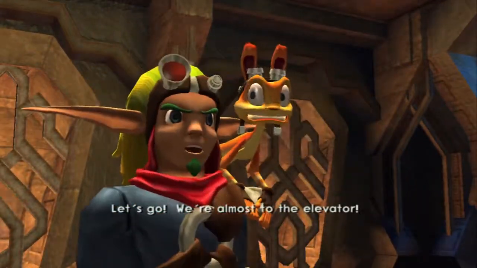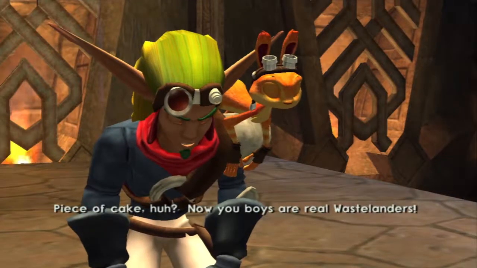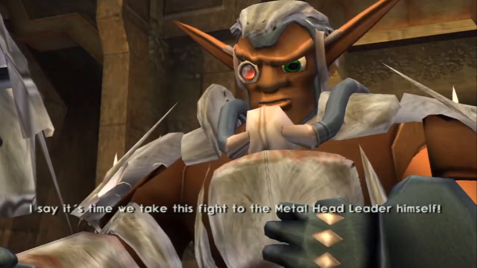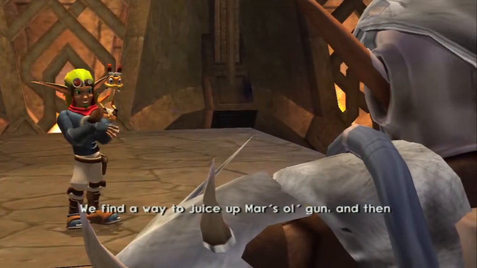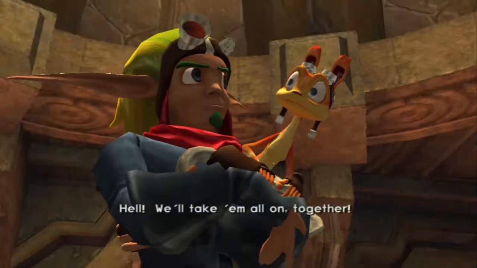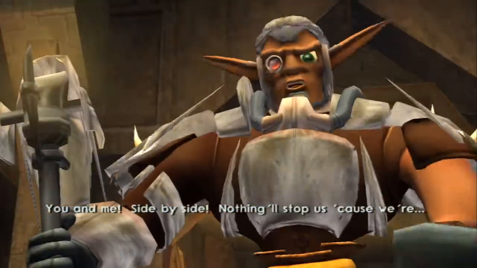We're almost to the elevator. Looks like we finally lost them, Chili Peppers. Piece of cake, huh? Now you boys are real wastelanders. I say it's time we take this fight to the metalhead leader himself. What a trophy he'll make. We find a way to juice up Mars' old gun, and then boom, baby, we storm the nest, guns blazing. Hell, we'll take them all on together. You and me, side by side. Nothing'll stop us, 'cause we're...